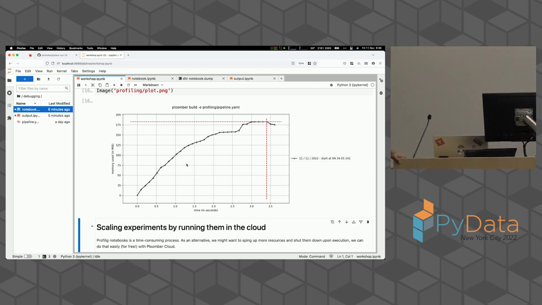Mm-hmm. Any other questions? Yeah. On the profiling, can you identify which cells will take more time? That's a great question. We haven't gotten into those details. It sounds like if that's something that people need, we may work on that. Because here you only see the time in seconds, but it's not simple to match time to a cell. So I think that's kind of the next step for this project, to have the x-axis be like cell 0, cell 1, cell 2, and that will give you a lot more detail